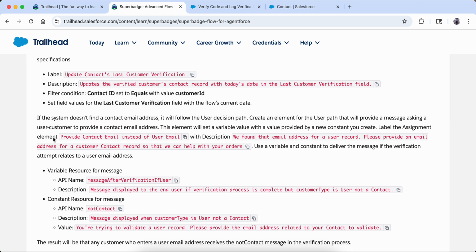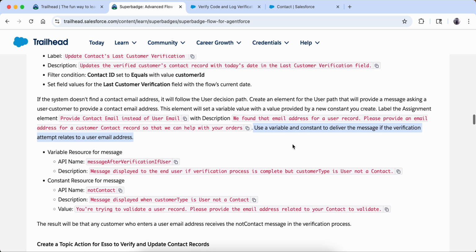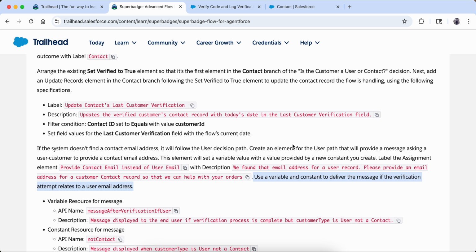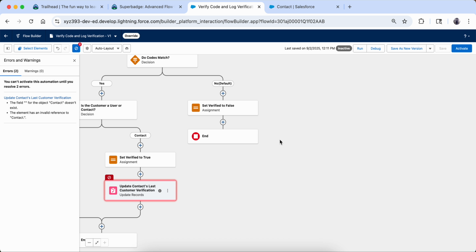Label the assignment as this with description this, and use a variable and constant to deliver the message. So they are saying that if the system does not find a contact email address, it will follow the user decision path. Okay, wait 1 minute, let me close it.